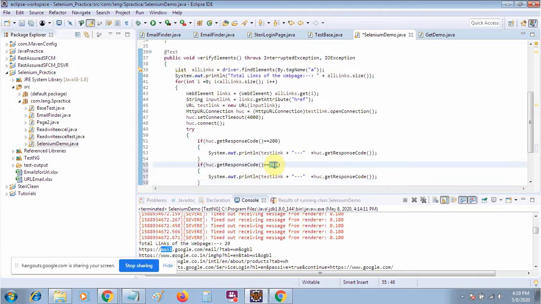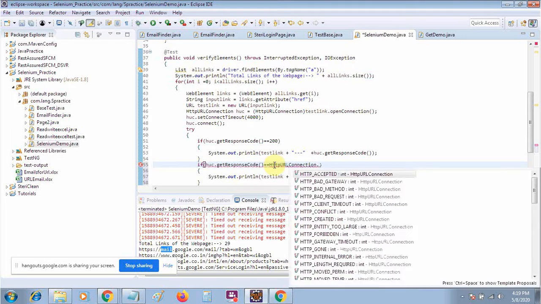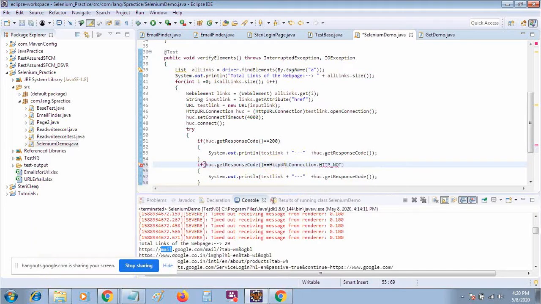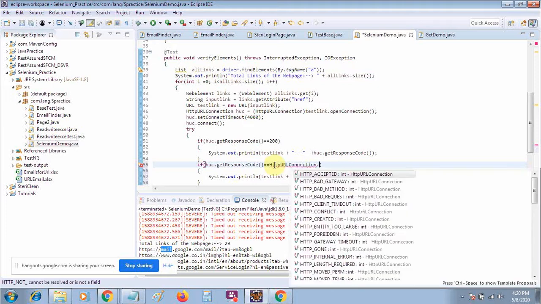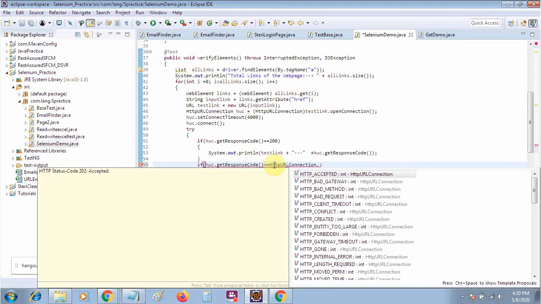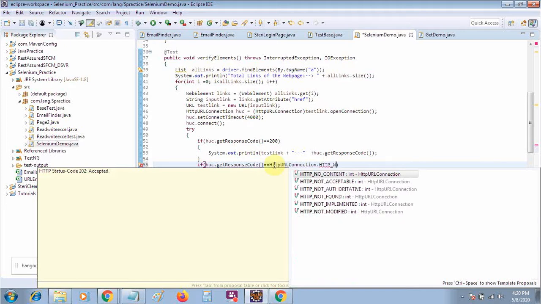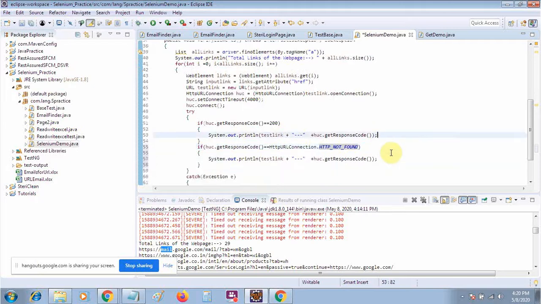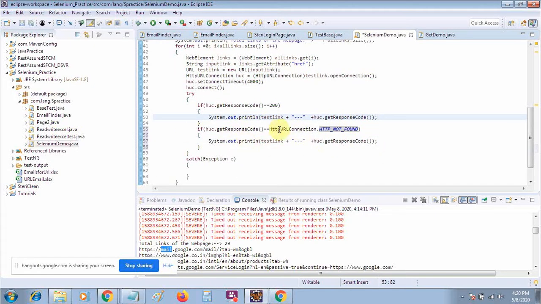If response code is equal to HTTP URL connection dot HTTP underscore not found. If you are getting 200, that means your link is working properly. If you are not getting 200, that means it is not able to find the URL, meaning HTTP not found.